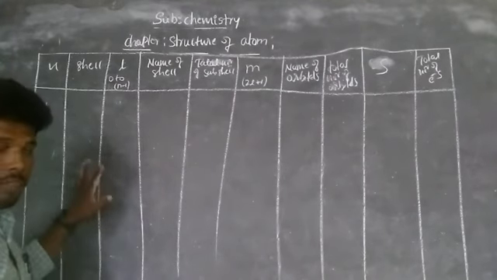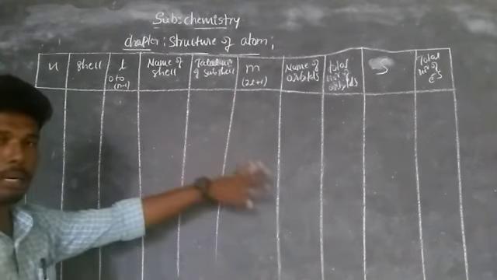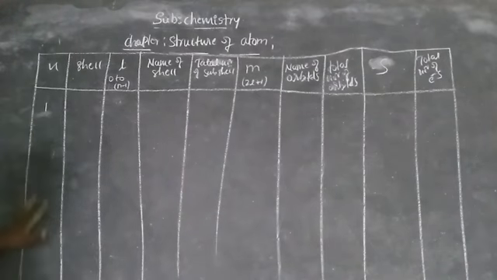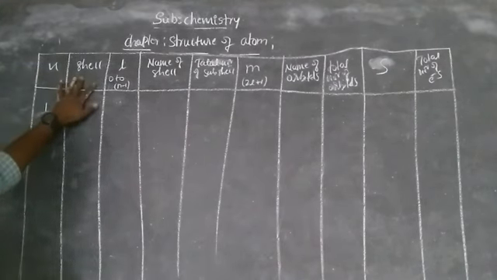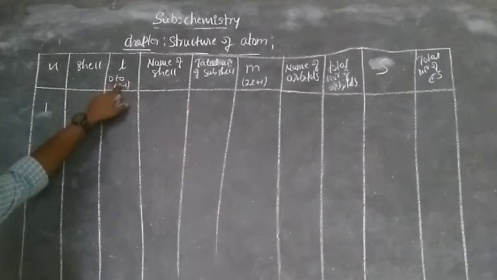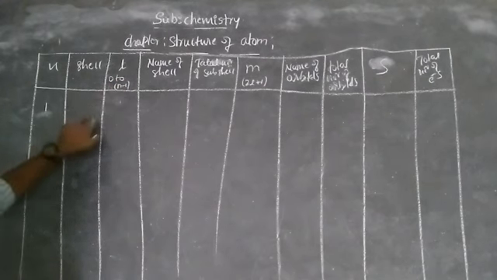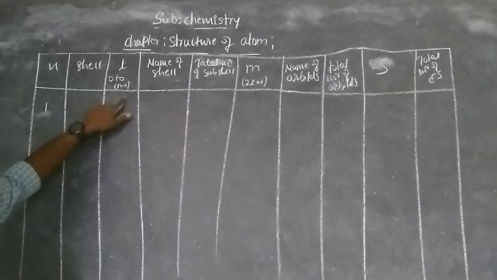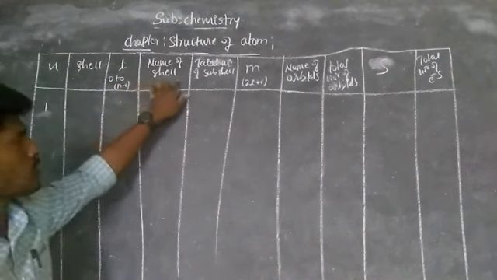So observe here, we are making a chart to calculate the number of electrons in each shell. This is N, principal quantum number, and shell number, and K, this is the shell. L, azimuthal quantum number, it is used to calculate 0 to n minus 1 formula, and name of the shell, here we are